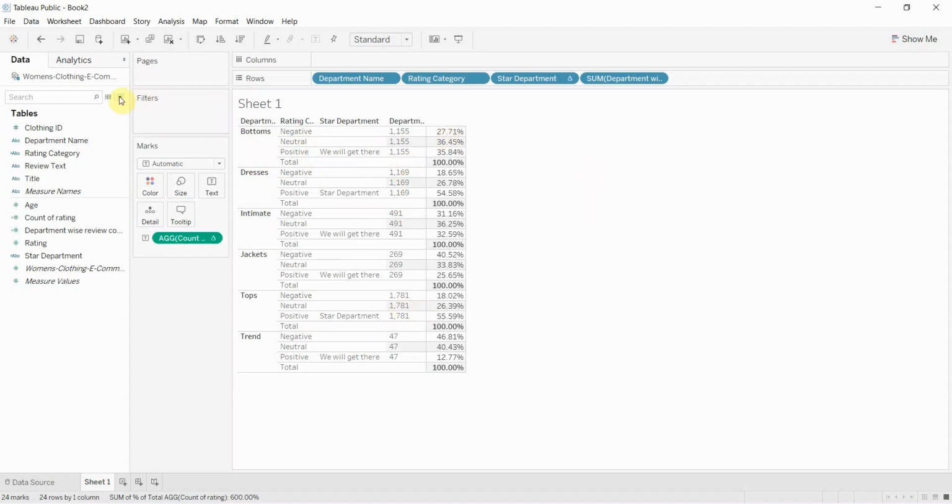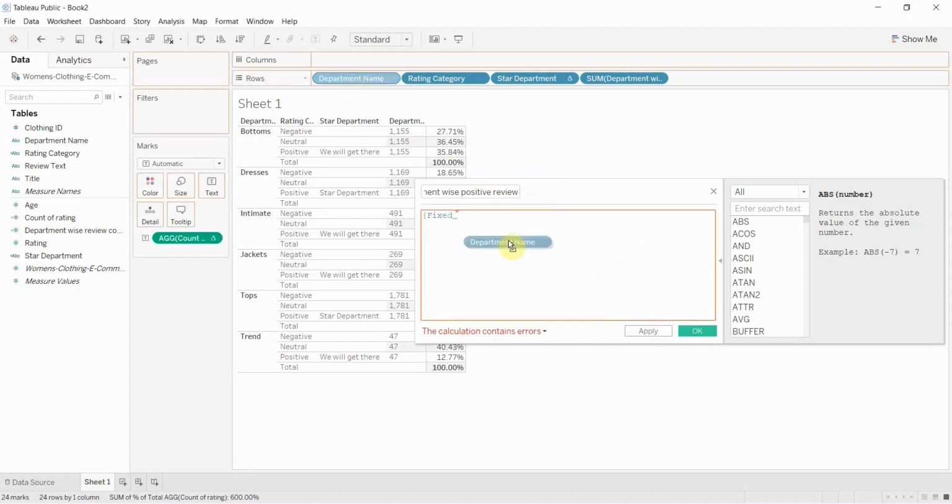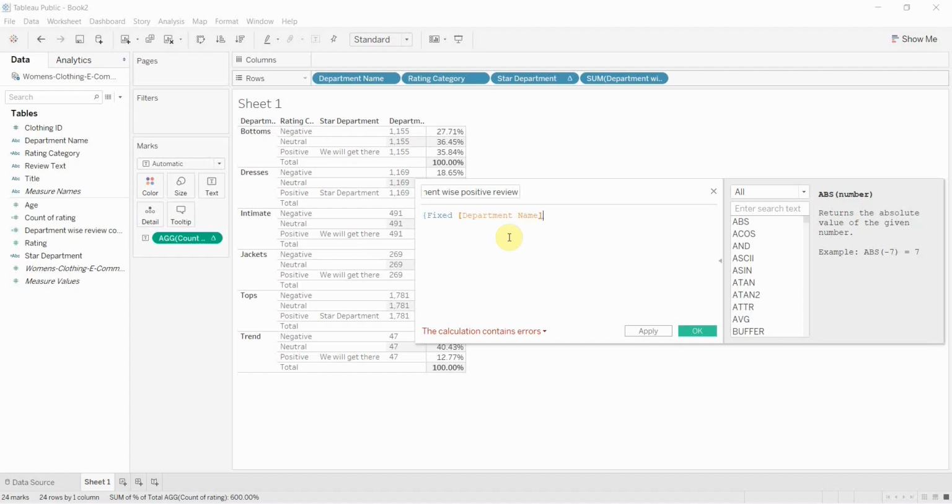Next, let me create another calculated field and name it department wise positive review, and that's going to be again a fixed LOD calculation. Because I'm calculating at the level of the department, I have to have the department name as a dimension to my fixed LOD,